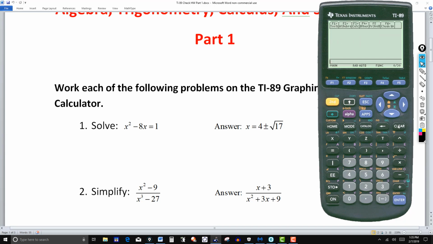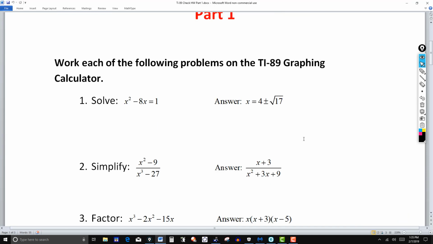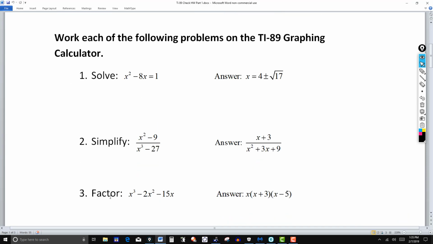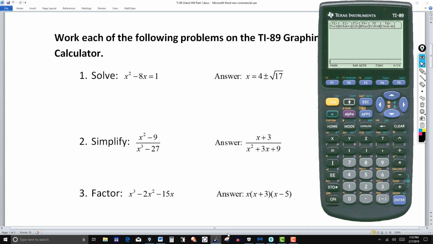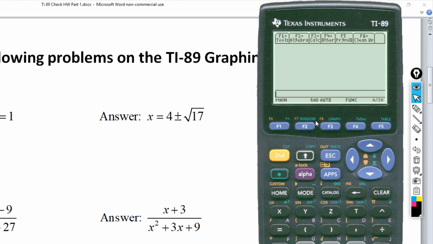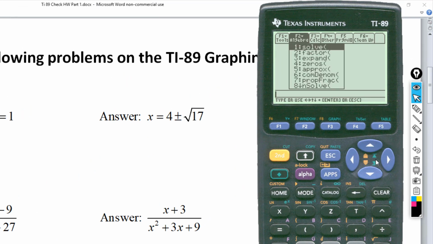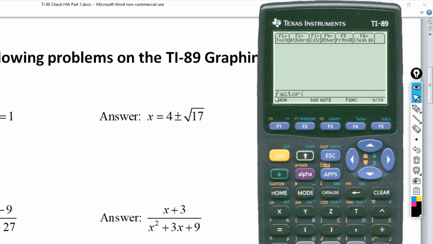Okay, go to the next one. Factor. So again, get the calculator. So F2, and then hit 2, highlighted factor. Now if you suspect that this one has imaginary values here, or imaginary factors here, you can put a little c here. Okay, I want to try it like this for right now, and just say x